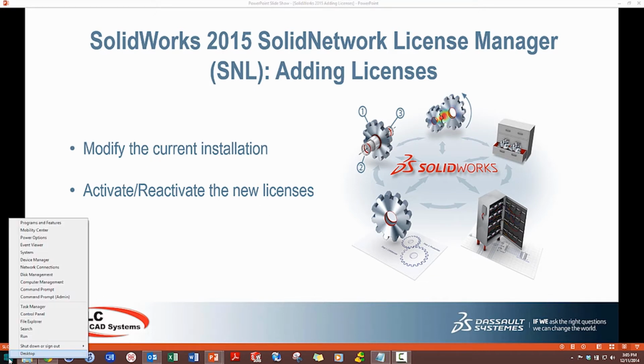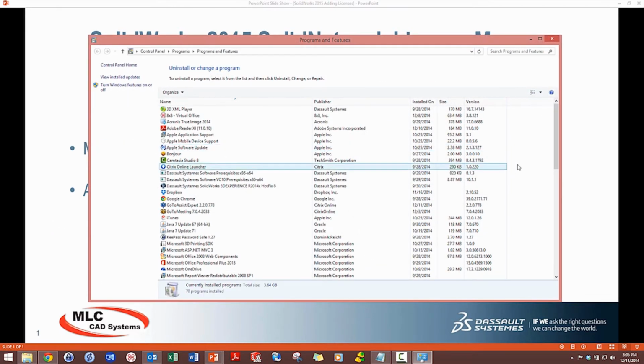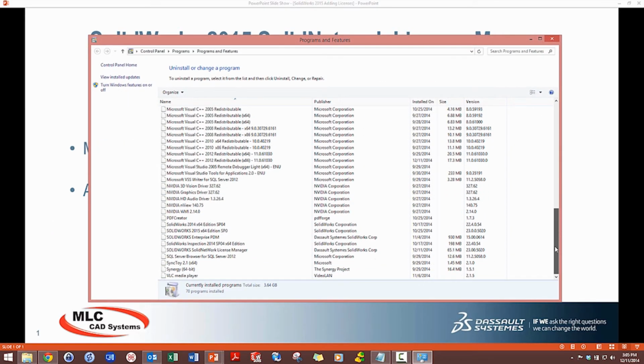installation. So the way we're going to do that is by going to the Programs and Features list or the Add or Remove Programs list. You can do that from a right click down in the left corner on Windows 8.1. In Windows 7 and before, you'll find Programs and Features on the Control Panel. It looks like this. It shows all of the different applications and pieces of software I have installed, and you'll find